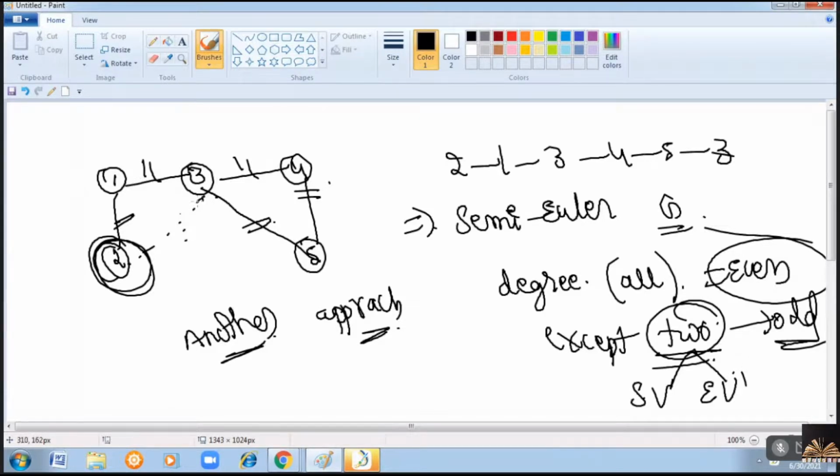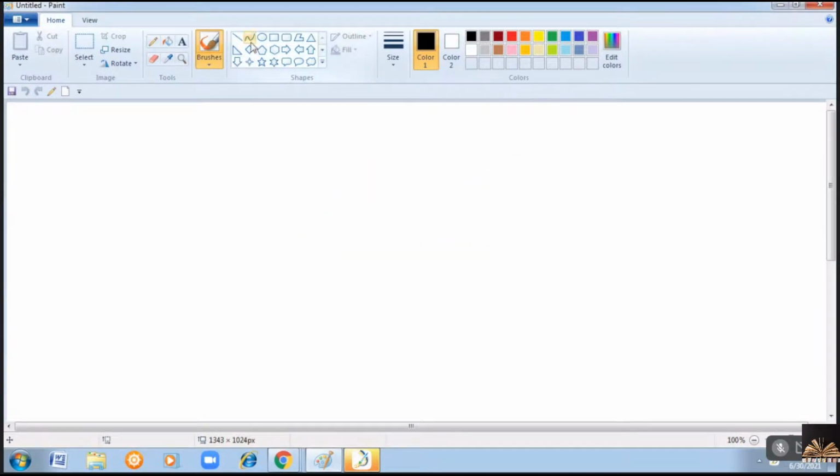Suppose this path starts and ends at the same vertex, then what will happen? The starting vertex will have an even degree. Suppose you don't have this, then the starting vertex will have what, ma? The starting vertex will have only one as the degree, that is odd degree. That is the reason here you are not ending with the same vertex. So the starting and ending vertex will not have an even degree. Except these two, every other vertex in the graph should have an even degree. Then you can say that it is a semi-Euler graph. Let me find out the degrees for the same example.